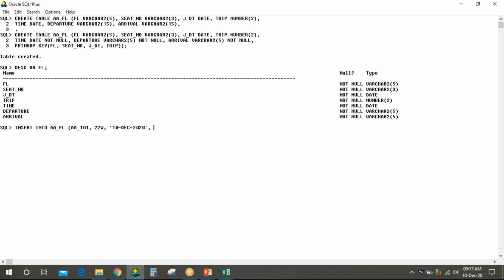I can pass the time here also. You see it. Okay? Time is always about the system date, because they are booking the ticket now. Whenever they are booking the ticket, they have to pass the time now. So we have to make a modification here in this table. So we have to delete the time thing.